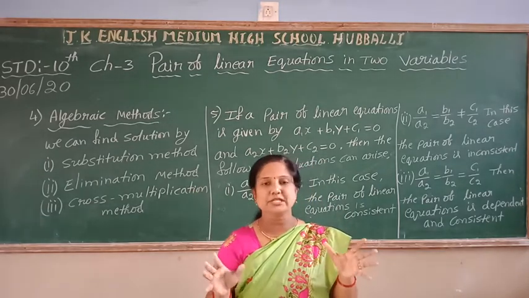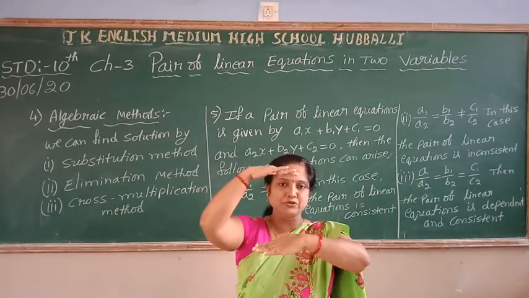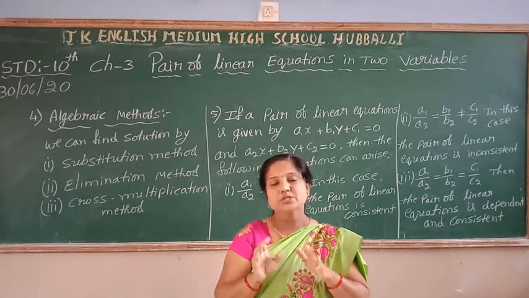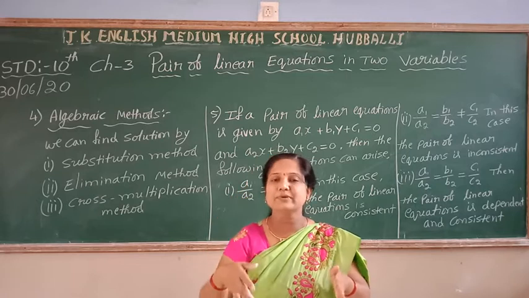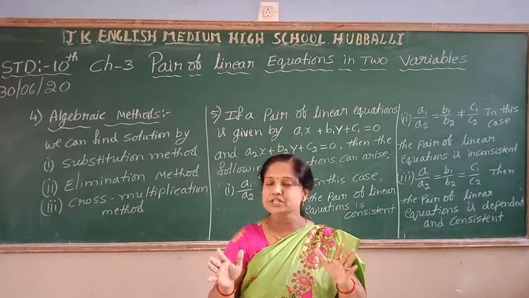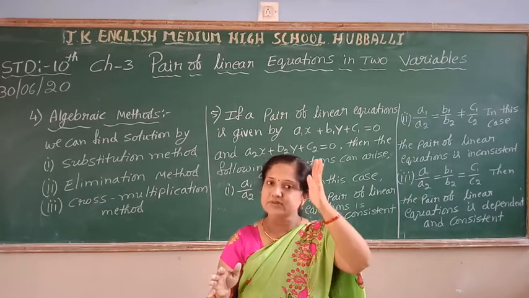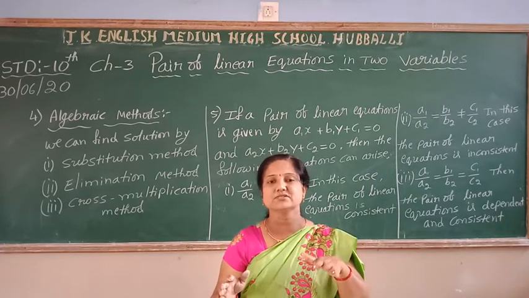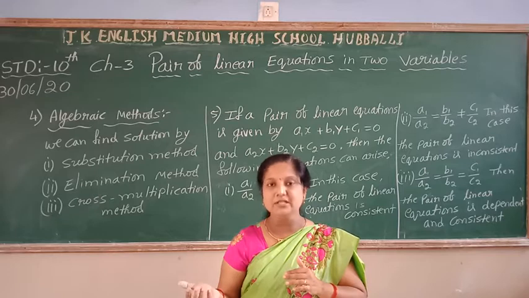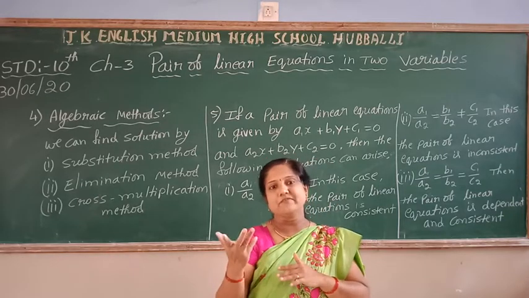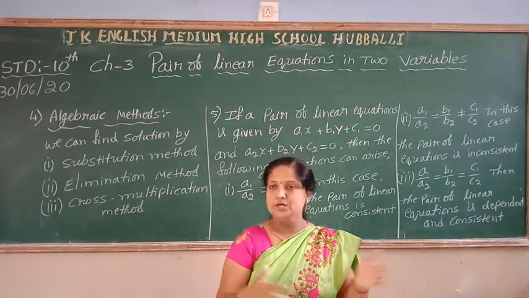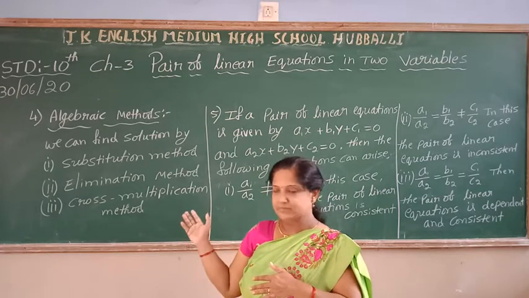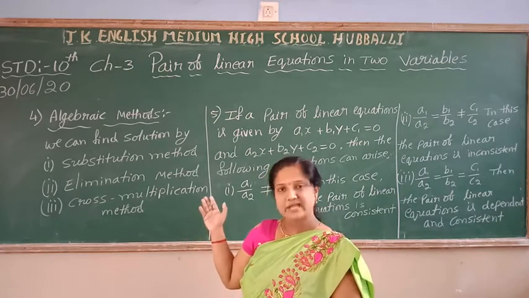Elimination method. The name itself tells us. See, in linear equations of two variables, when two variables are there together, we cannot find the value of any one variable. So we have to eliminate one of the variables, then we get the other variable's value. Elimination means we have to cancel, we have to remove one of the variables from a pair of linear equations in two variables, then we can find the other variable's value. That value we substitute in any one of the equations, then we can find our variable value also. So it is named the elimination method. So we can solve algebraically by the substitution method and by the elimination method.